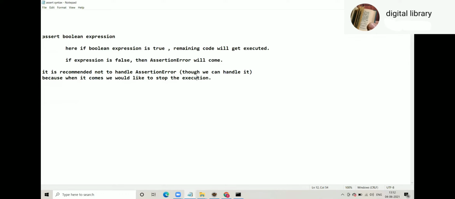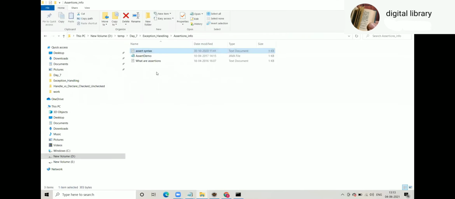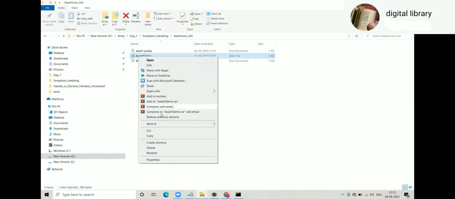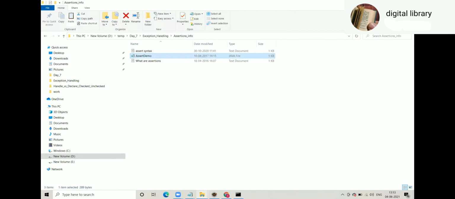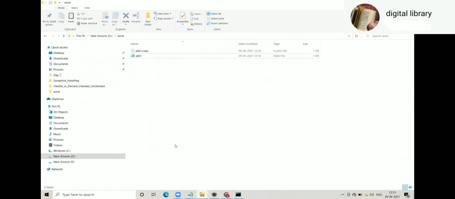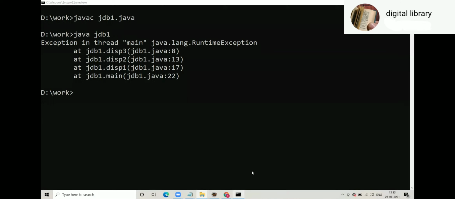So this is the syntax of the assert keyword: assert followed by some Boolean expression. This example here, assert demo, which I will copy inside work.